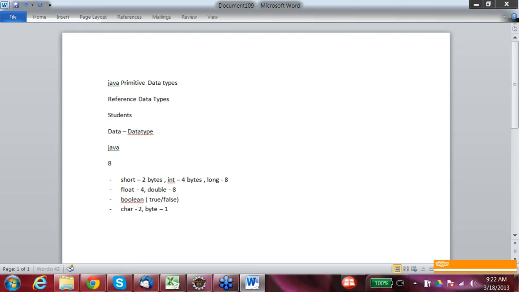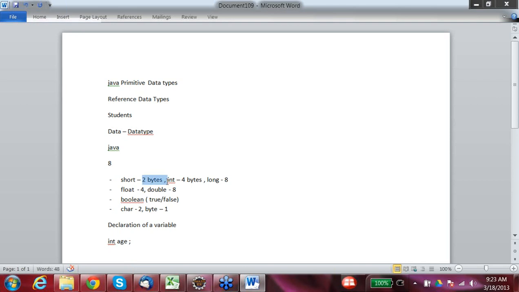So every data type in Java has a fixed length. Whenever we are declaring a variable, what is meant by declaration? It means we are defining the data type for that data. For example, I want to declare an age, a variable which is going to store the age of a person, and I want to store it as int. Age can be in years only, and I don't want to include decimals. So the whole number types that can be used are short, int, or long. In fact, I can use short also.